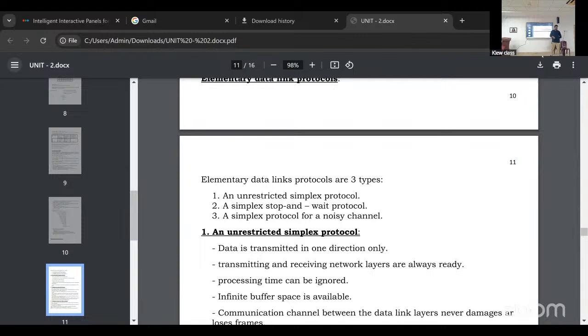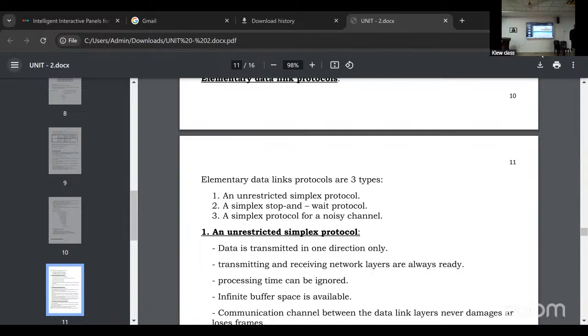Okay. For 2 marks or 1 mark questions in the second unit: what is the data link layer? What are the functionalities of the data link layer? What is a frame? What is bit stuffing? What is flow control? What is error control? What is CRC? What is checksum? What is HDLC?